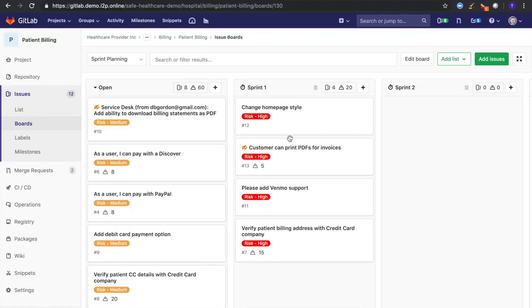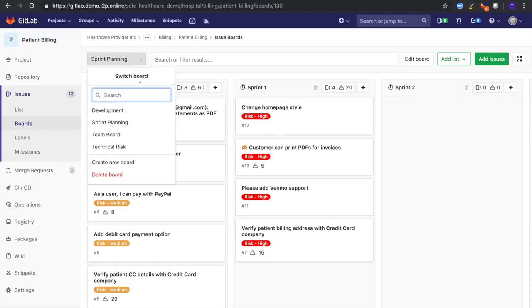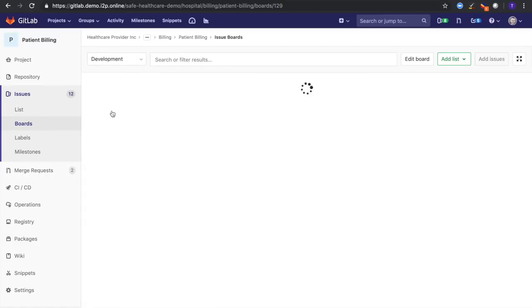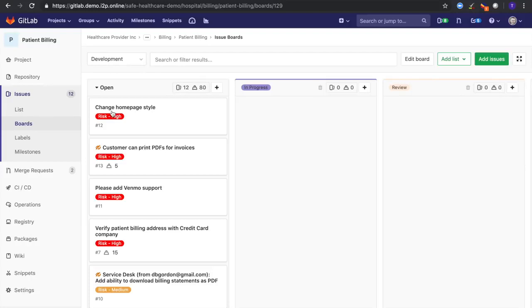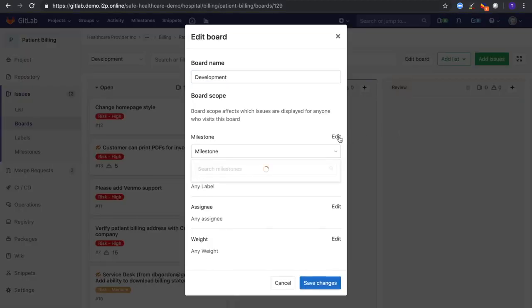Now that I've done my sprint planning, it's time that our team gets working on what's been applied to sprint 1. And so I can see here I've gone over the dev board. I still have a running backlog of our whole product backlog. So what I'm going to go ahead and do is